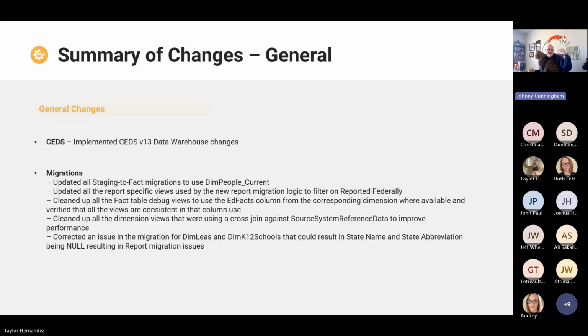Okay, so the next thing is labeled migrations, but the first thing is a CEDS version 13 change. We had one meeting about this previously, maybe a month ago. It's the dim people current table. I'm going to go into a little bit of explanation of this table, and certainly if anybody has questions, ask